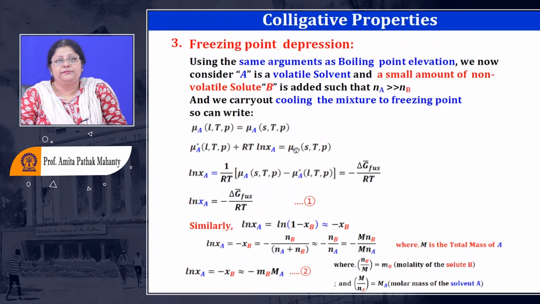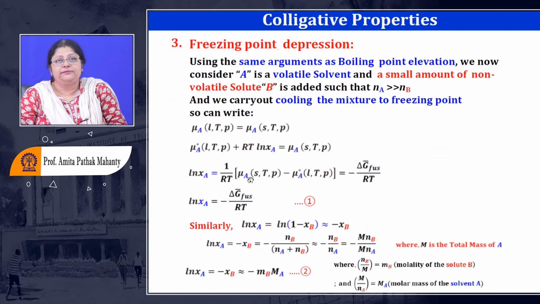Similarly here, since we have assumed that the solute will not be part of the solid solution which we have generated due to freezing, because they don't dissolve, this will also be the a star, because it is going to be considered a pure freezing of the solvent. So the only difference is now you have to find out the mole fraction of the A component that's in the solvent in the solution.